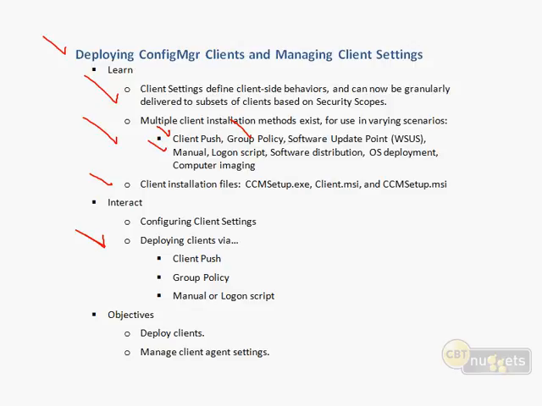Coming up next is a discussion on hardware and software inventory. This is where we start really digging into some of the really neat sorts of collections that you can create out of that